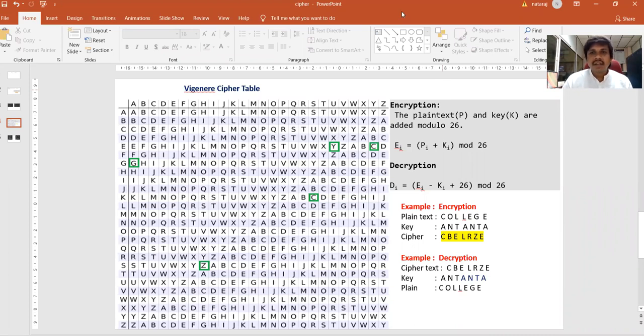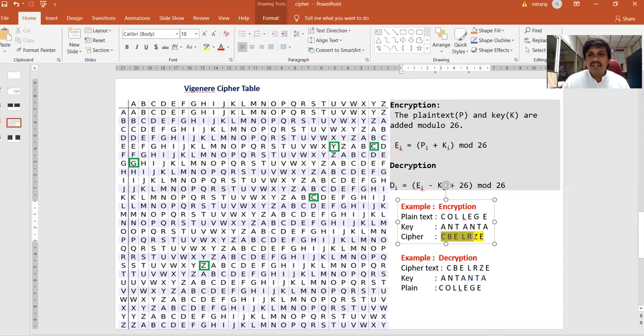Okay. In our second technique, that is the Vigenere cipher technique, what we will do is we will take a plain text and a key value. Here the key value is not an integer. It is again a text, just like your password. I'll explain this thing with a small example here. And later on we'll apply these formulas to write a Python program.